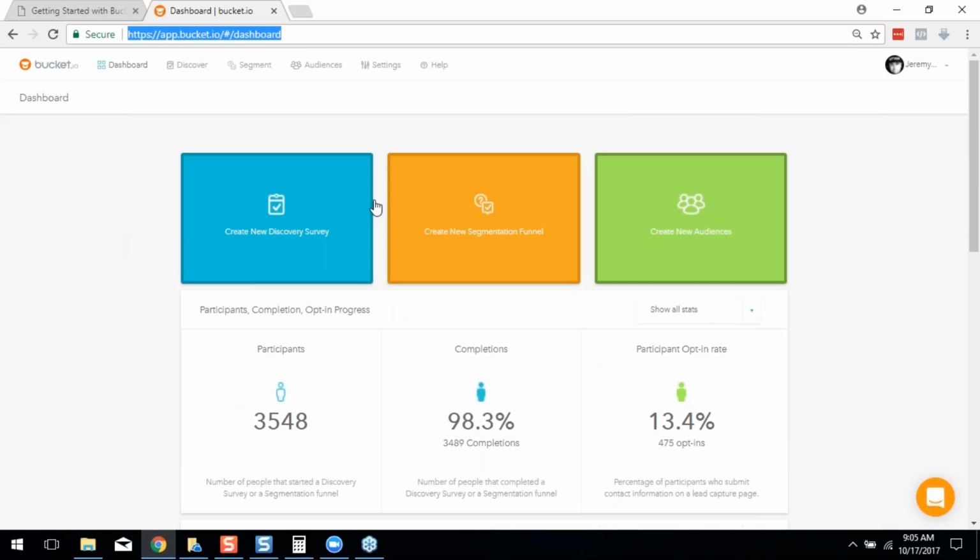You have these options here. You see these blue, orange, and green buttons. If you just real quick need to throw up a survey or a segmentation funnel, you can easily do that here. What I would suggest, and you'll see me doing this in our demonstration today, is that I use this top menu up here. So when you log in, you've got dashboard, discover, segment, audiences, settings, and help at the top. I use this menu exclusively, and frankly, most people, once they start using the software, do the same,